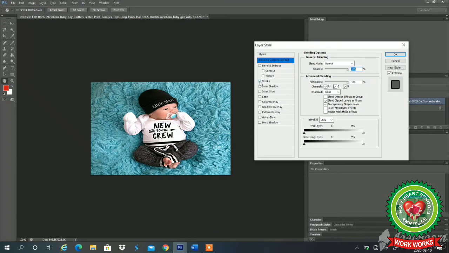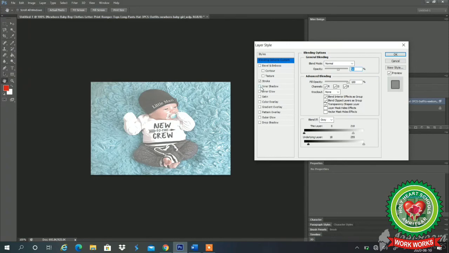Let's suppose I'll click on this stroke. I'll make its opacity a little faded. If you want the blend interior effects, I can do it. If you want to make it this way, see the changes when I'm doing the changes in this palette of the stroking. The strokes are changed.